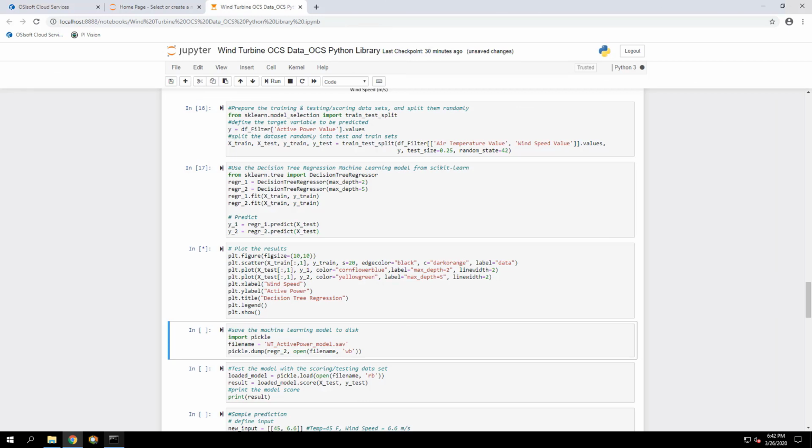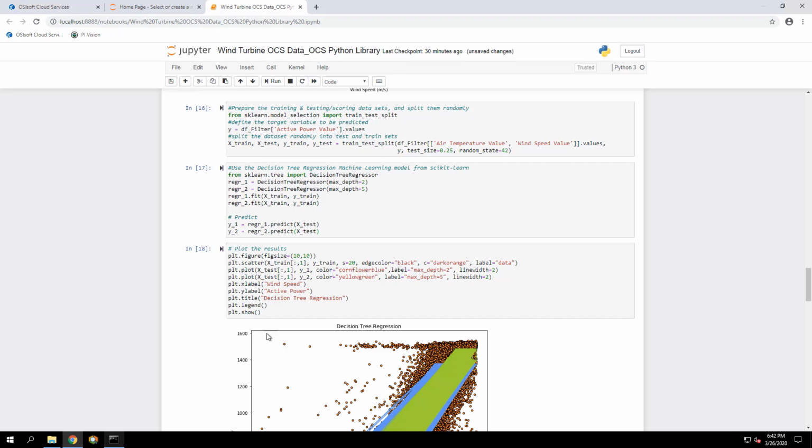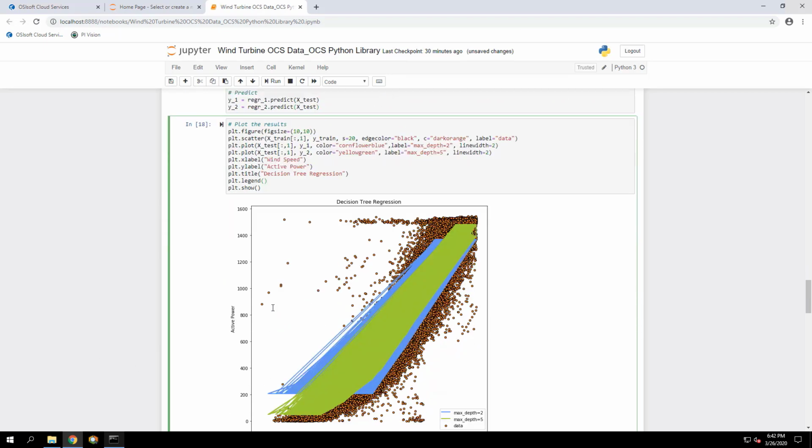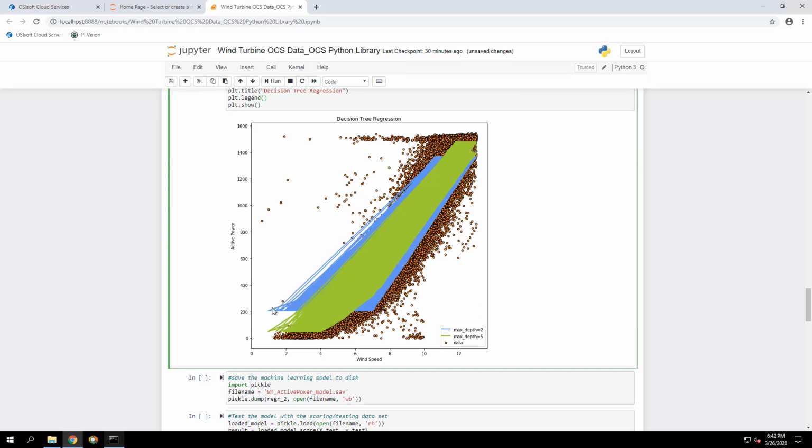When that finishes running, you're gonna see three series in that plot. The first one, the orange scatter plot, the orange circles, is the actual data. That's our whole filtered data set. The green values, which are represented by green lines, are the results of the prediction from the decision tree regressor with depth of 5.